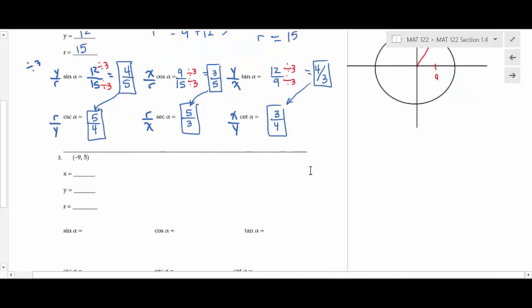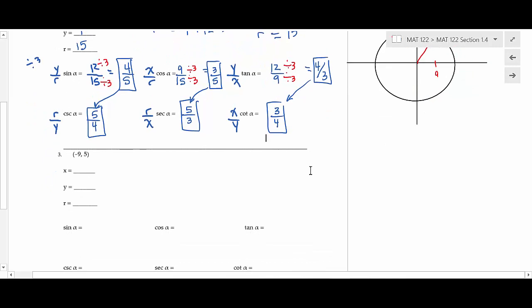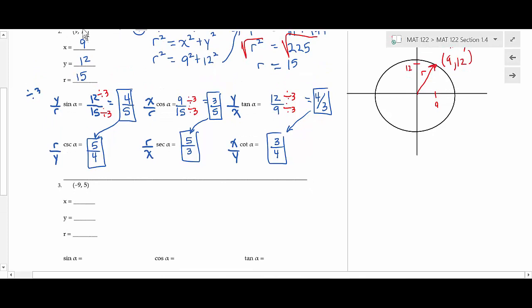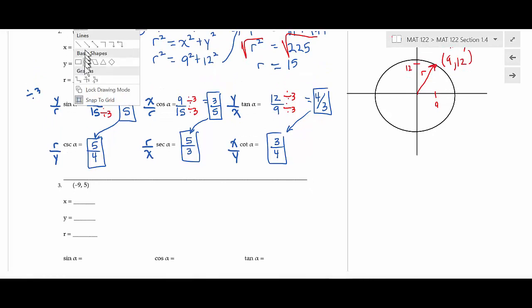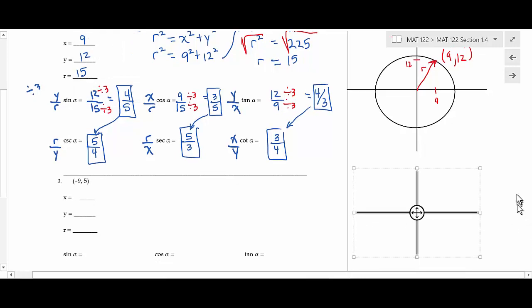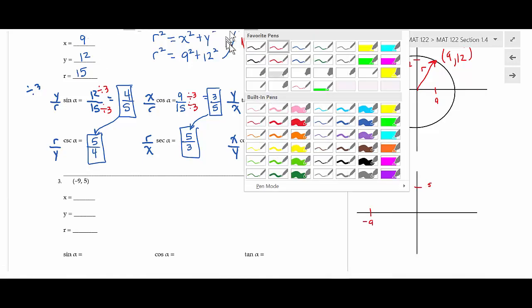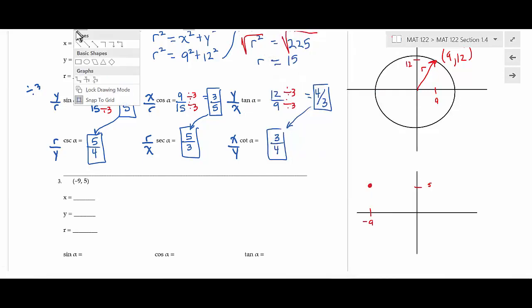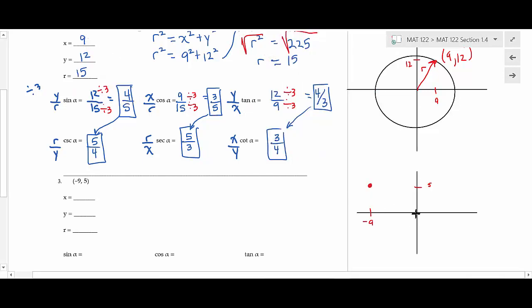I'm going to do one more, and then I'll let you do one. One of the things you're going to get into a lot is the idea of rationalizing a denominator. So let's go ahead and draw a graph on this. This time I've given you the point -9, 5. I'm just estimating this. I'm just going to say that's -9, that's 5. So our point is here, and what you'll have in your diagram then is if you draw a radius,